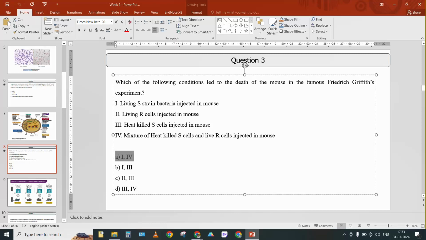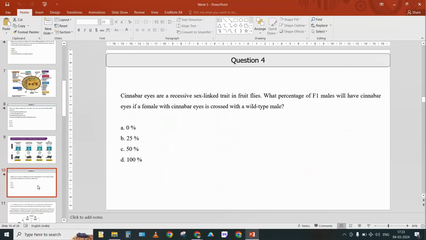Moving forward to the next question, that is question 4. Here, cannabar eyes are a recessive sex-linked trait in fruit flies. So what percentage of F1 males will have cannabar eyes if a female with cannabar eyes is crossed with a wild type male? So in this scenario,